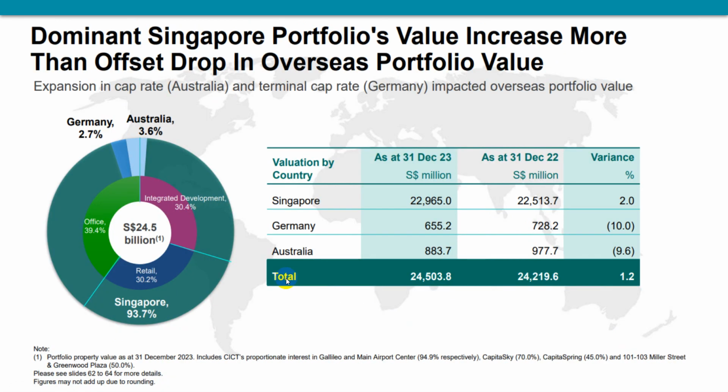Here they discuss why their property value actually went up. You can see across the board that Germany and Australia are down 10%, but luckily this REIT is predominantly based in Singapore, so Germany and Australia aren't such a big part of the portfolio. And Singapore, even though it only improved by 2%, is the majority of the REIT and all the value is in Singapore, so they basically managed to pull up the REIT's